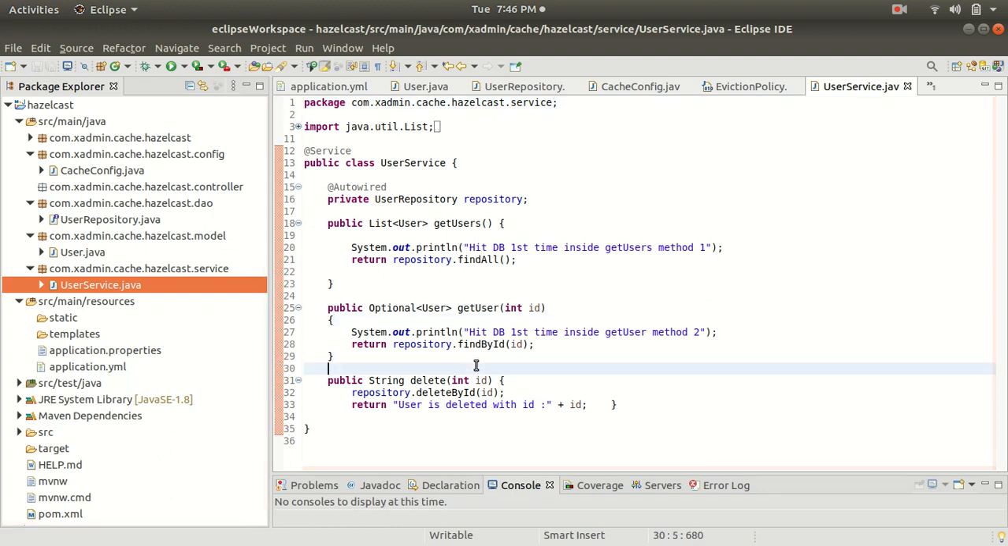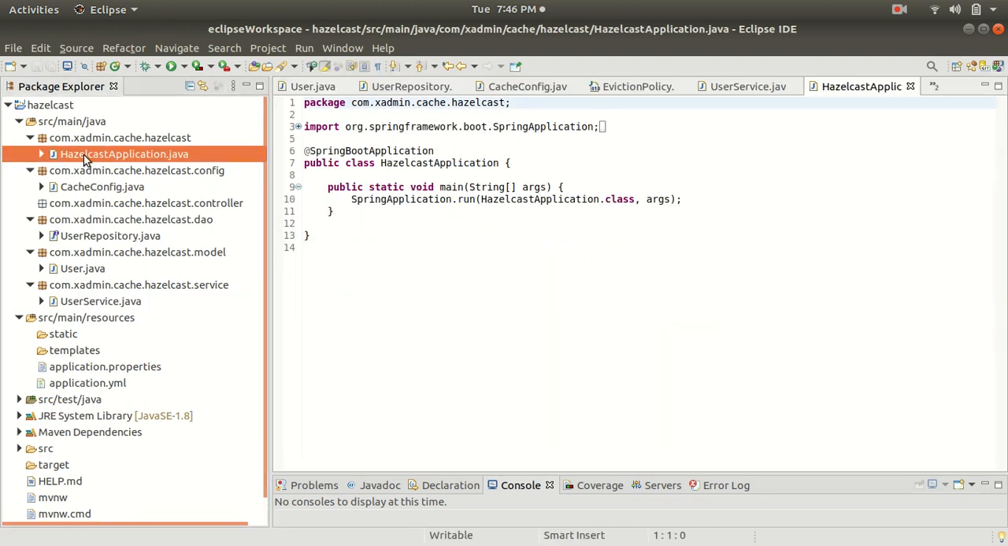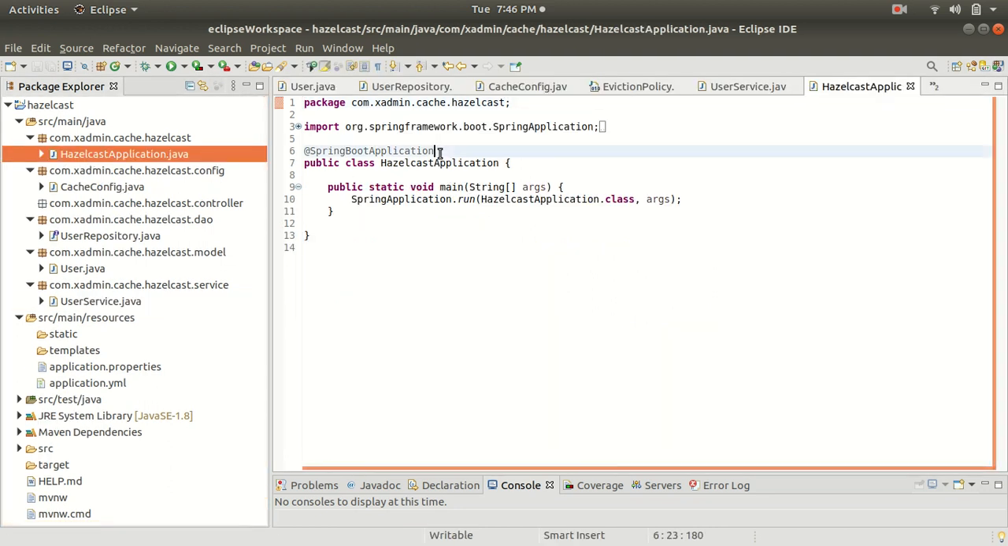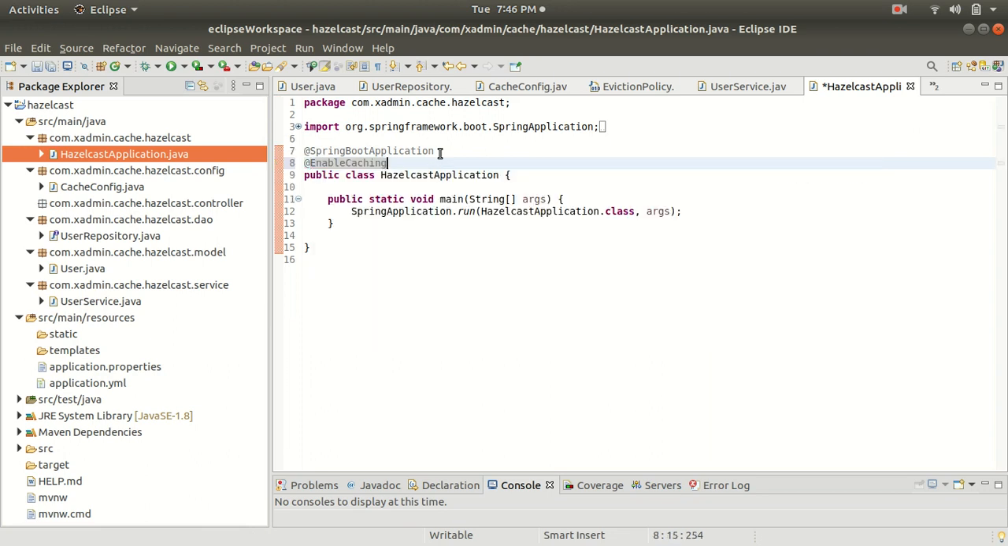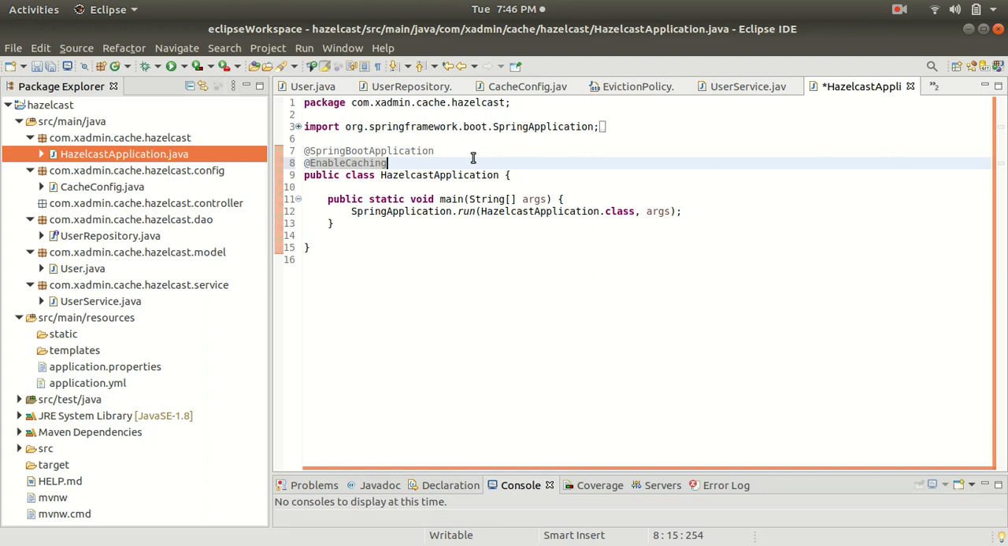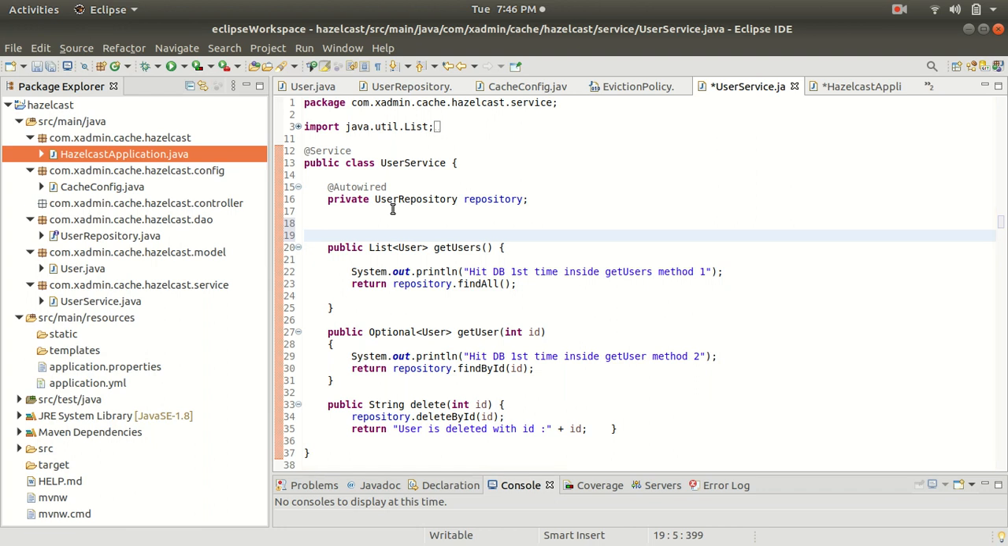Now guys I need to enable the cache. So let's go to the Spring Boot main class, and here inside this I need to write an annotation to enable caching. All right, so guys it will enable the cache for my application. And now guys we need to add a method level annotation to my user service method. Like I need to add the annotation cacheable to my get user method also. So let's add a cacheable,